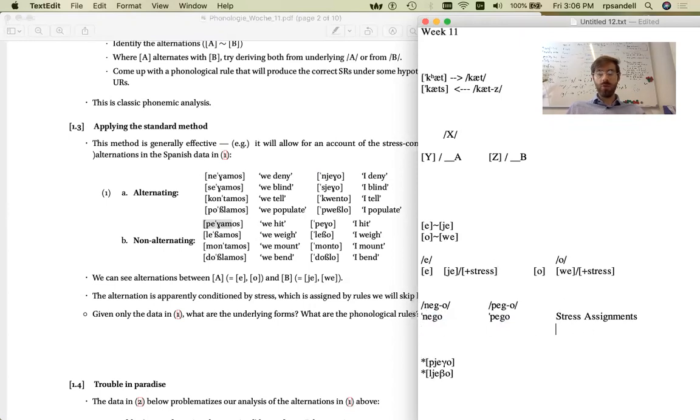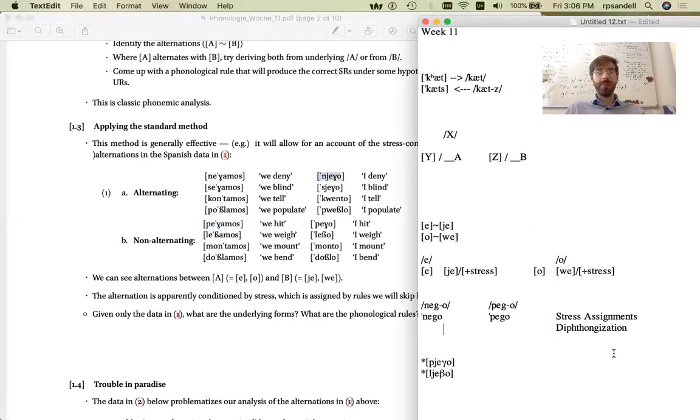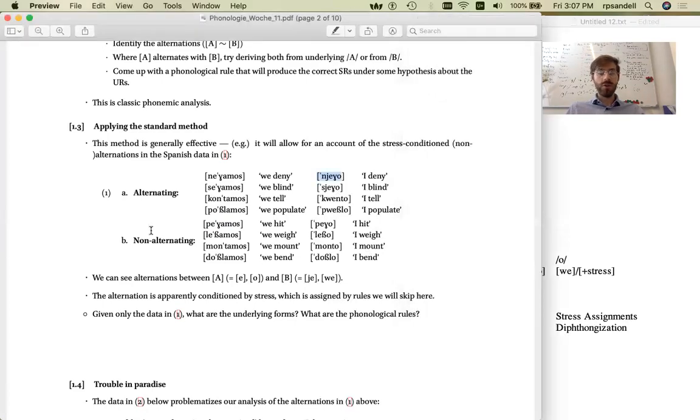And if there is some rule of diphthongization, which we would need in order to derive the form niego, we also won't really worry about the allophonic fricativization of these underlying voiced stops. Having such a diphthongization rule predicts that we should find a diphthong here too, which we don't.